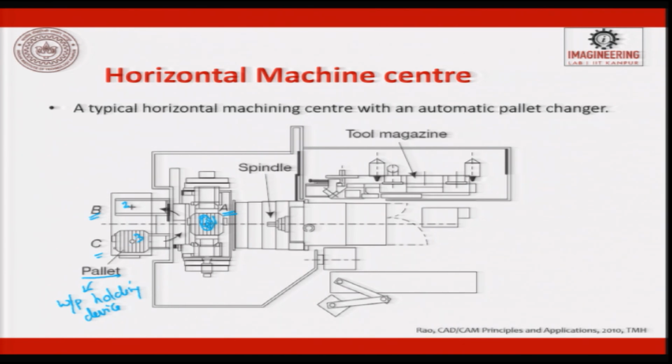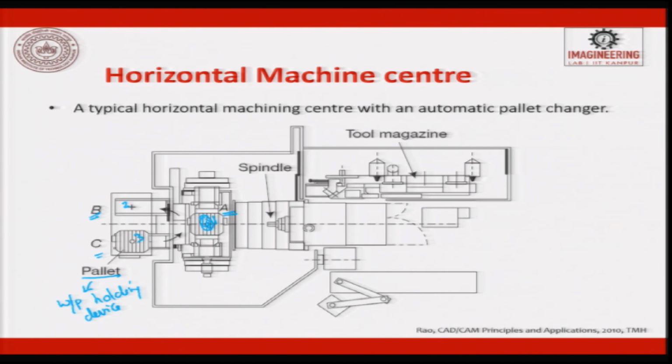So, now what we will do is, when the machining is on, on the next pallet we will place the new part which is to be machined here properly. Once the machining is over, this pallet sweeps out to position B and C, and whatever was there, that pallet gets into the machining zone. So, what is the advantage? The advantage is you are trying to increase the productivity of the machine.